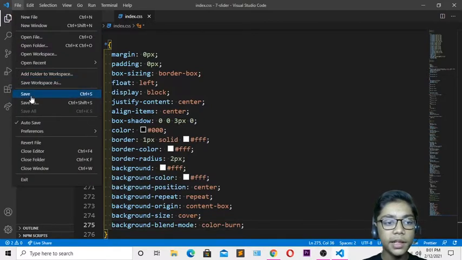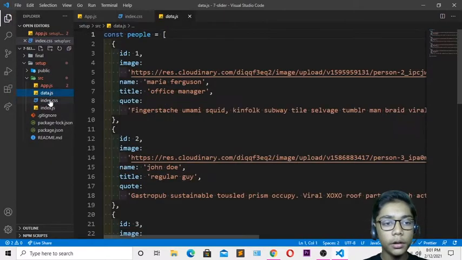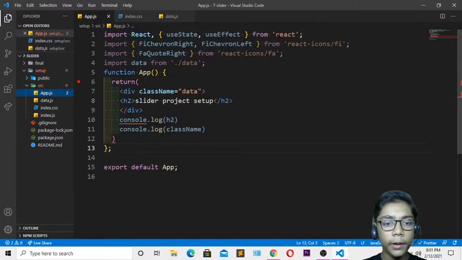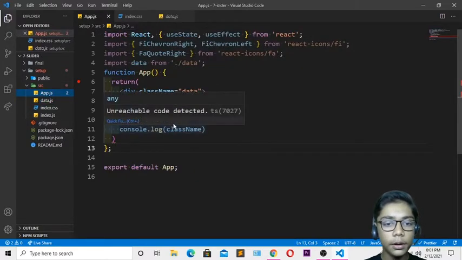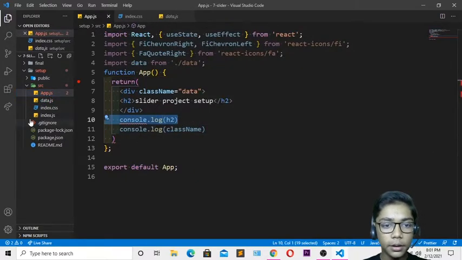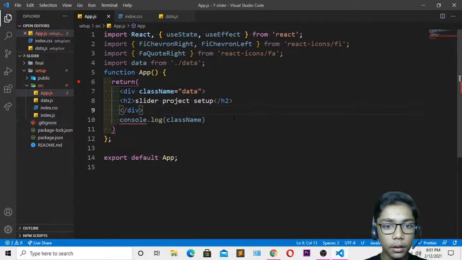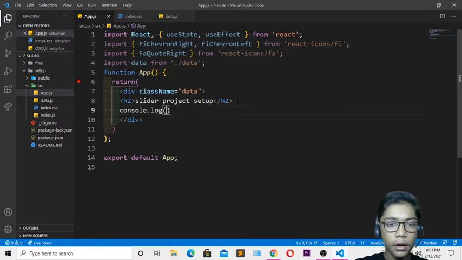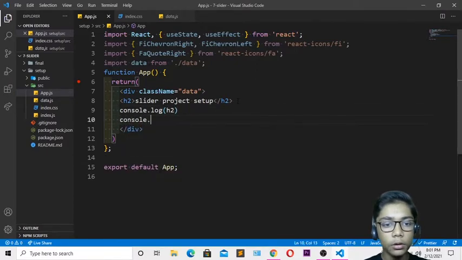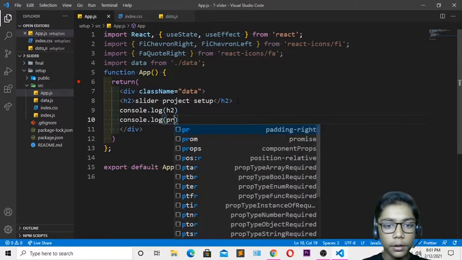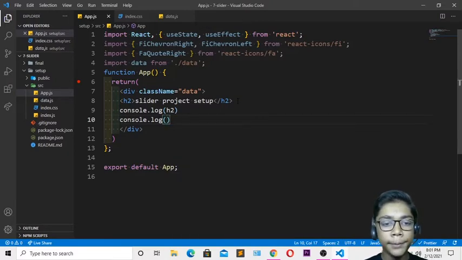I will be just hitting save now, and you have to just go to your data or app.js file. Over here there is an error, so I'll be just doing one thing. I will be just erasing this one console because I will just erase this one out. So just come over here and I will be writing a console.log over here, and in that I will be defining my h2, and I will be just coming underneath and I will be writing console.log again, and in that I will be defining my thing which I've just already defined underneath that.